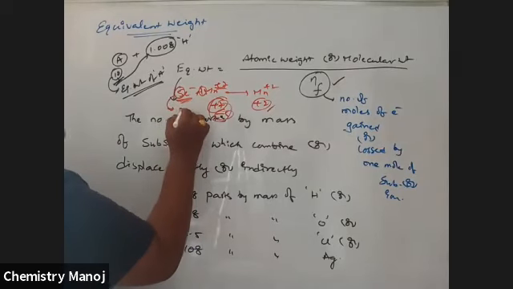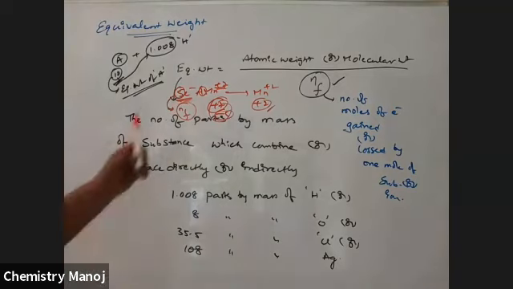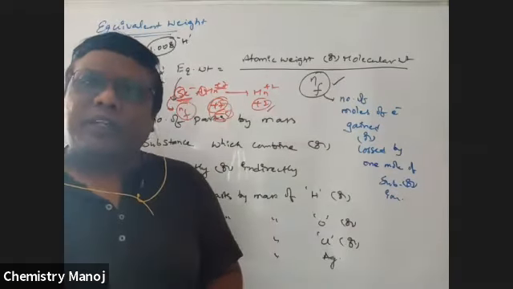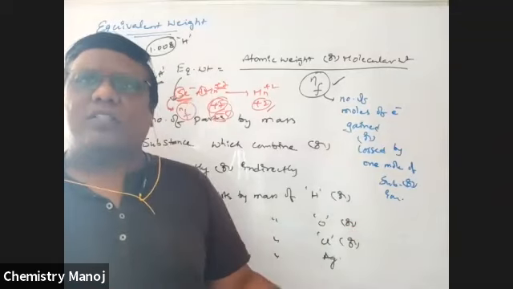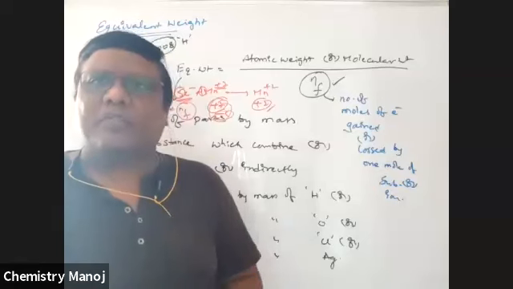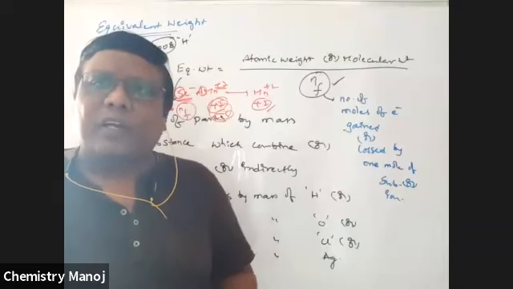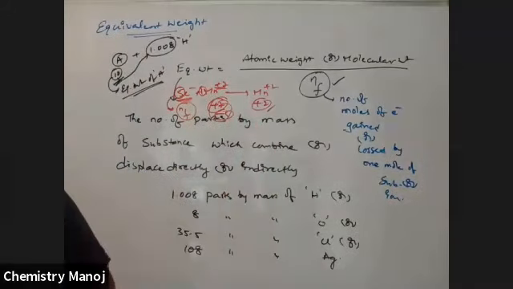This 5 moles is called the n factor. Is this clear? I already completed the topic. How many moles of electrons are lost or gained by 1 mole of the substance? That loss or gain of electrons from 1 mole of the substance is nothing but the n factor of that element.